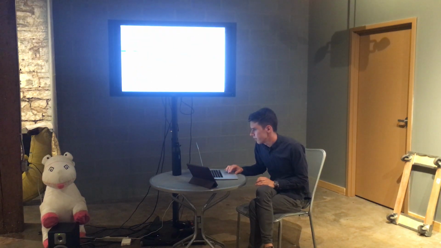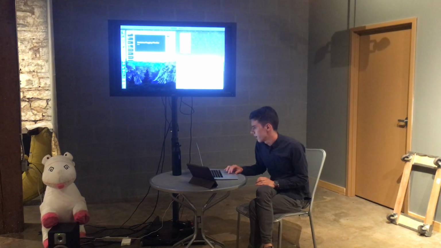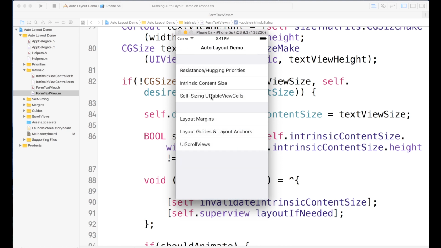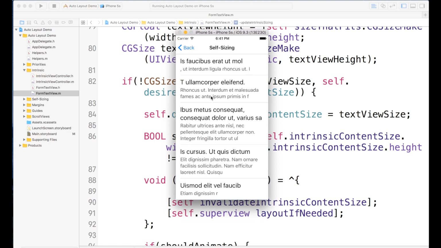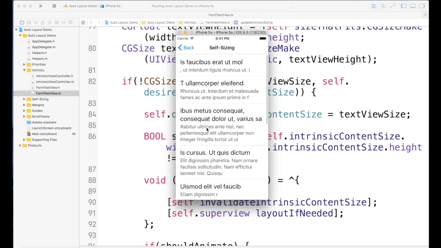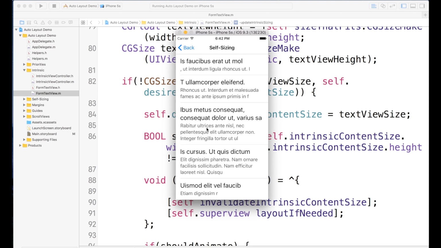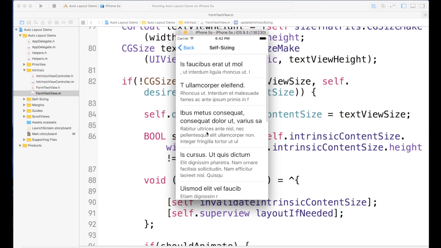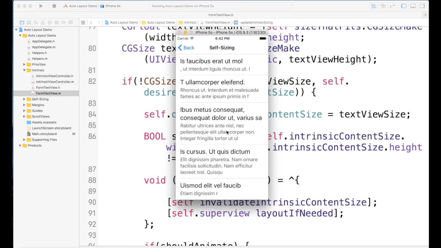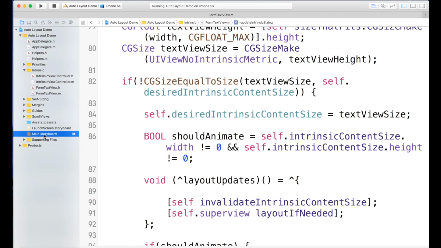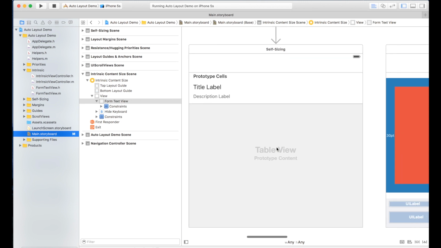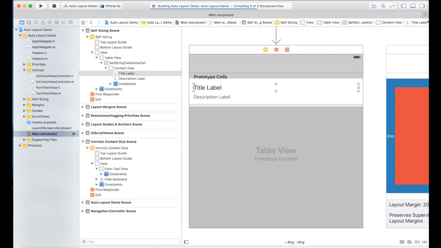Next up, I'm going to look at self-sizing UITableViews, which is pretty straightforward. It can sometimes be tricky to get set up, but it was introduced in iOS 8, and it's really nice because you can have a table view here with dynamic cell heights based on the content. So I'll just show you what we've got set up here. So we've got our UITableViewCell here,